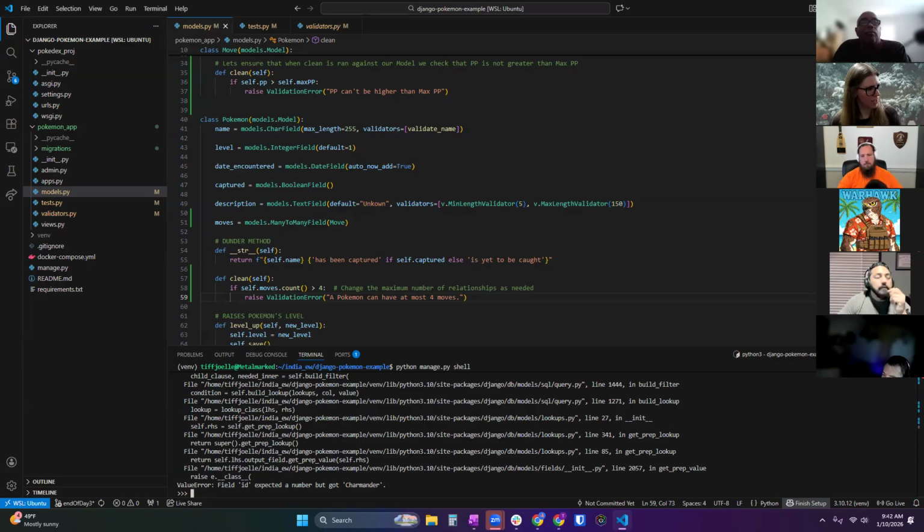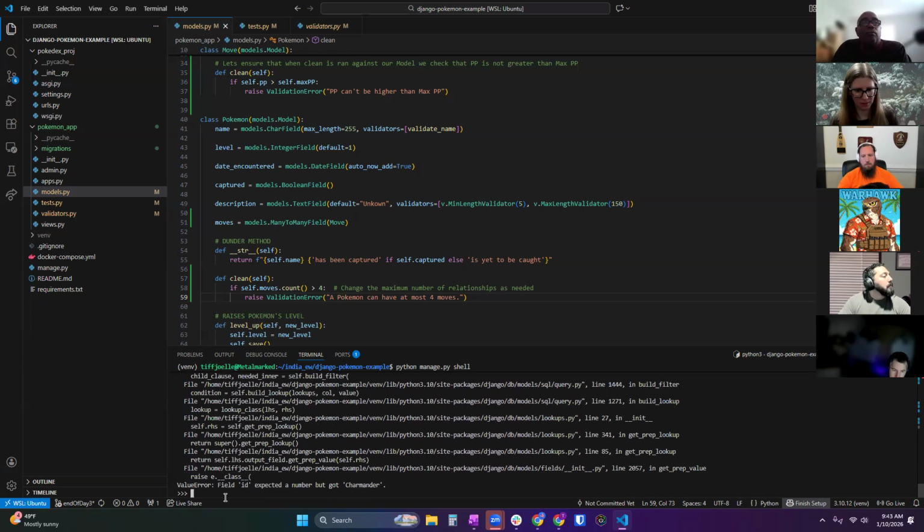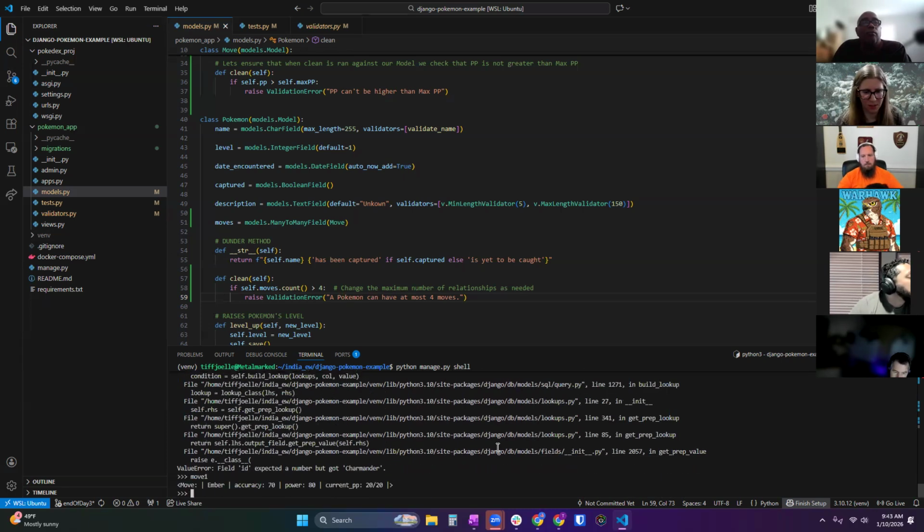The bottom line query set is the output. The save is supposed to be in the shell. Sorry, I'm not following. Okay, so we got move 1 is Pokemon.